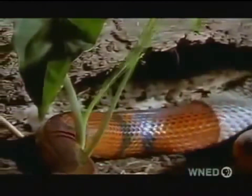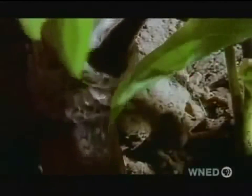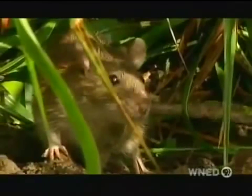As any snake grows, it must shed its outer skin like an overtight suit. The new scales revealed are at their best. The cast-off skin is discarded, and with it also go